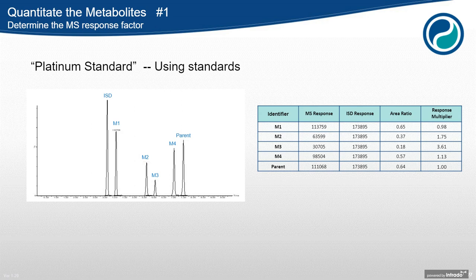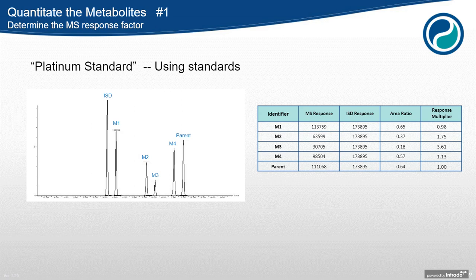In reality, it's not often that we actually have authentic chemical standards of the metabolites at this stage in the clinical development of a compound. I have to admit, we have had one instance where we were able to get authentic chemical standards, one of over 100 examples. So this is, we call it our platinum standard. It's something we don't often get the chance to use.